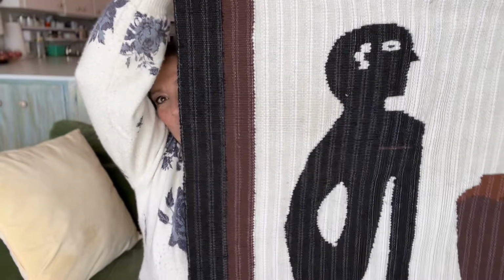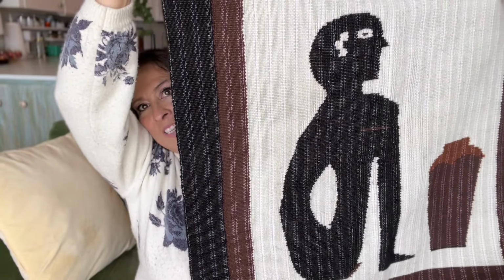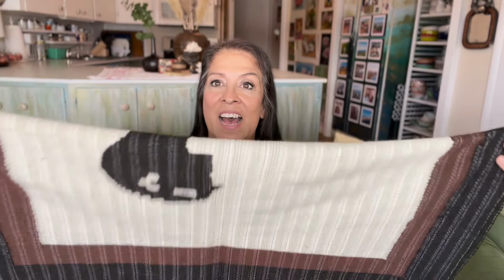I love me a good textile. And this one I thought was very cool. It almost has like a mid-century modern look to it. It doesn't appear to be wool. It feels more like a cotton feeling to it, but it's very cool. I love the color scheme. I'm not sure what I'm going to do with it or what I'm going to price it at, but I